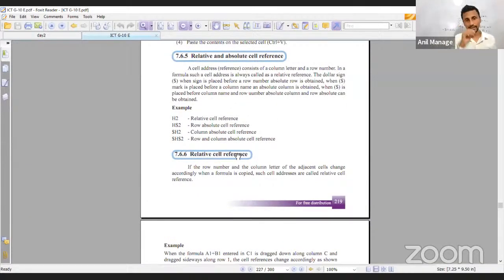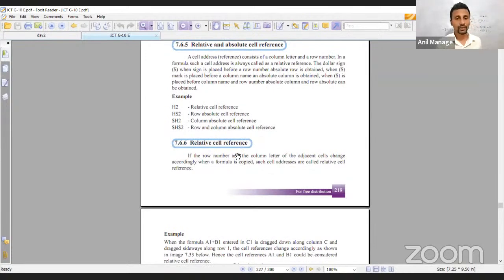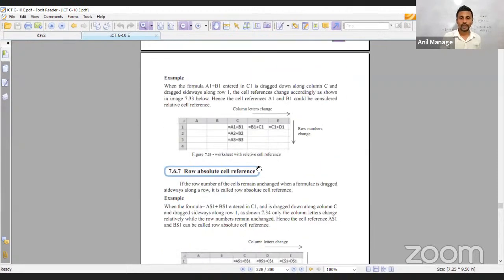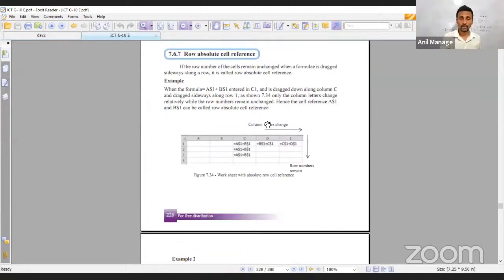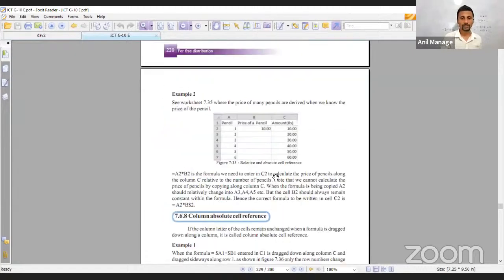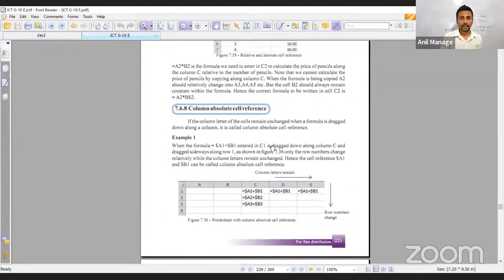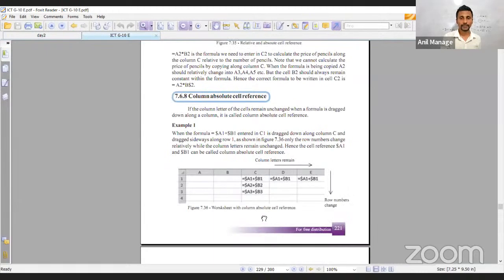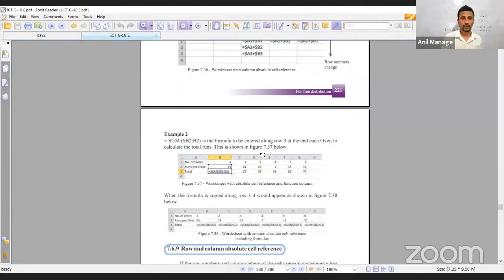මෙතන බලන්න, මේ relative self reference. Relative self reference means you don't have any dollar mark. Row absolute, column absolute, row and column absolute. So if you have dollar mark for both column and letter, that's called row and column absolute self reference. එහෙම ඒවා තියෙනවා. Relative එක කියන්නේ you are not going to put any dollar mark. That is also possible. එතකොට ඒ ටික අපි හරි